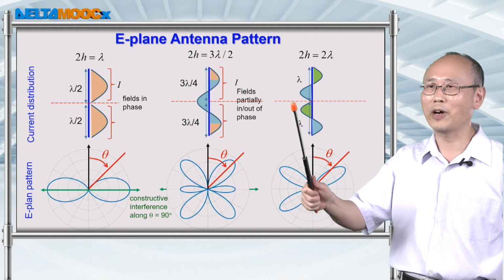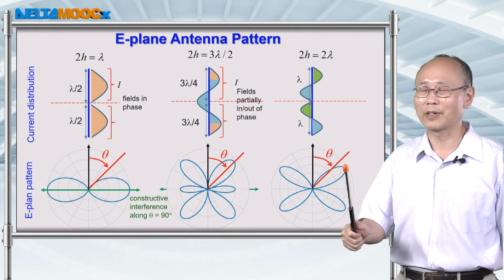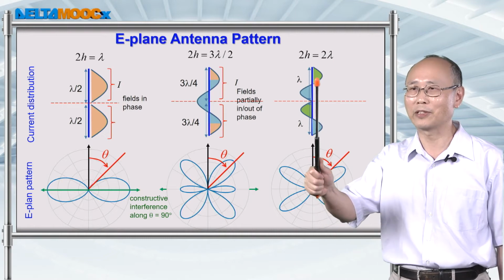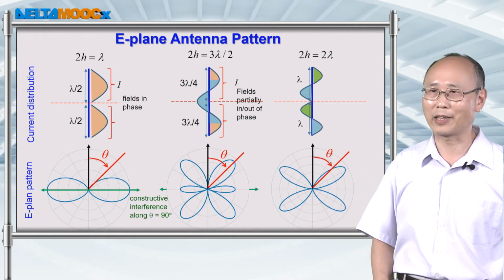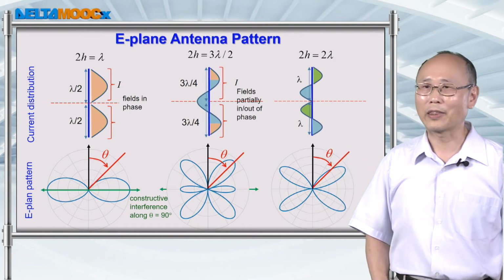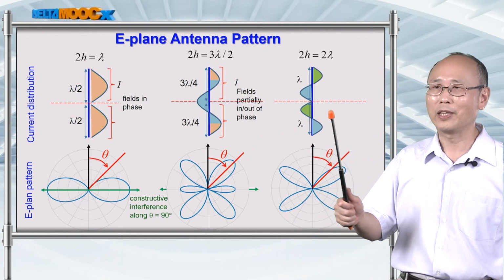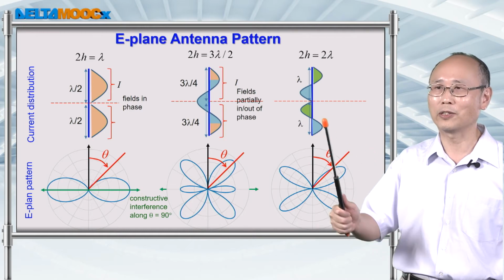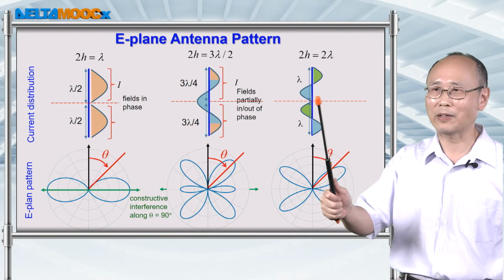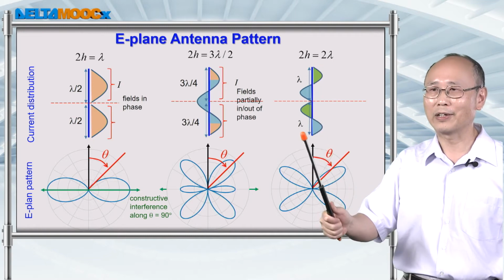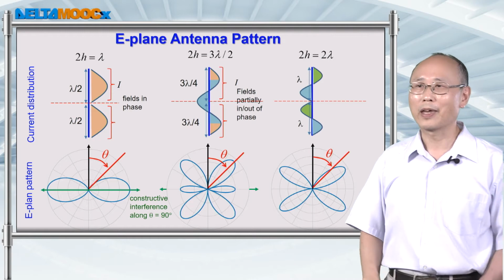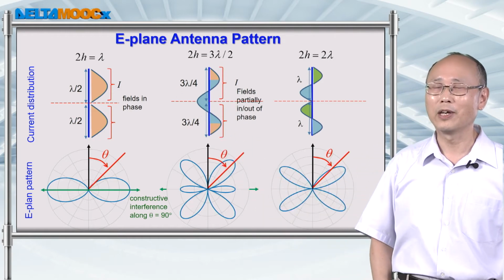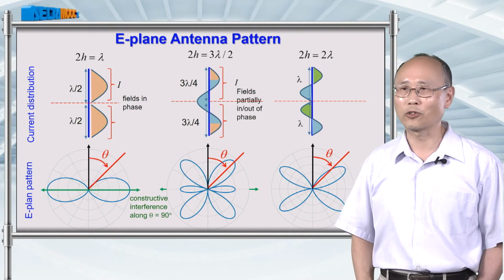But along other directions, you could have constructive interference from the field from these two sub-antenna sections. So these three diagrams tell you that in the far field, the radiation intensity or radiation field is going to be the collective interference effect from different parts of the antenna. And the variation of the currents on this antenna is going to be quite important when you calculate the total field in the far zone.